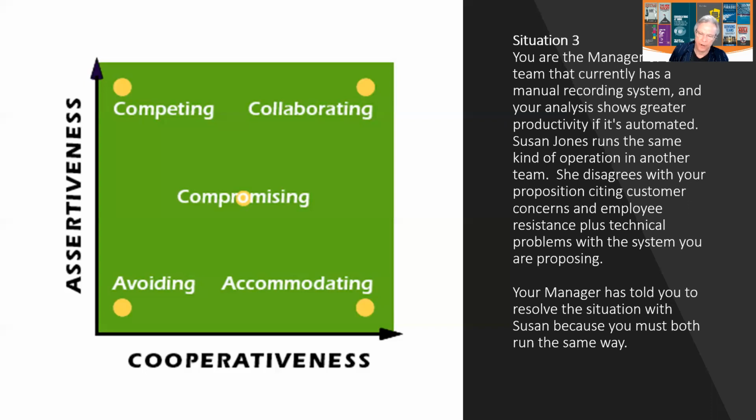I would suggest that probably the best way forward here is for you to say to Susan, look, let's do it your way for a week. And then we'll do it my way for the following week. And then after that, we'll get our teams together and work out which is the better way. And then we'll let the boss know. That's a collaboration. Now, if Susan feels very strongly that her approach is the right way, then it's likely that she'll accept that.